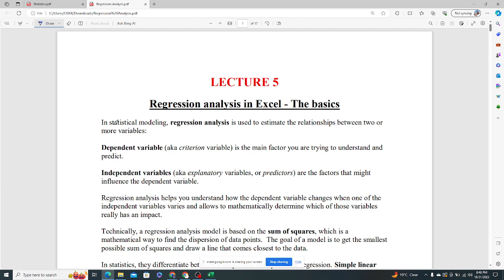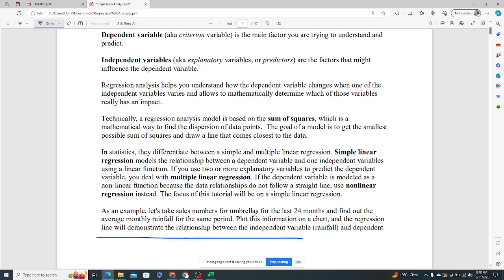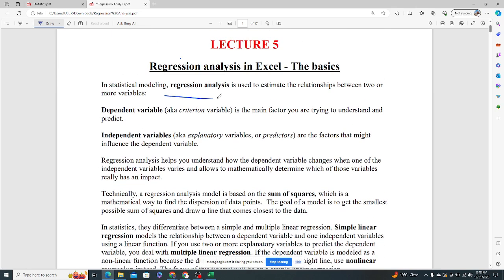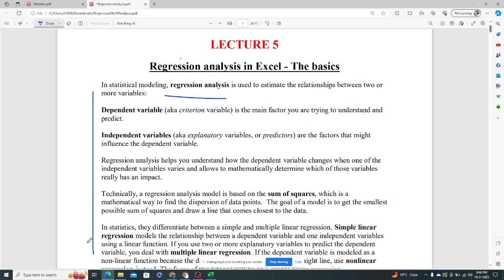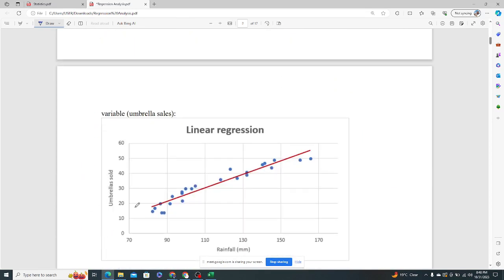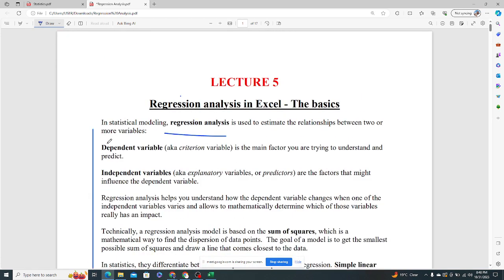So basically we had already discussed all this, that is variables under regression analysis, linear regression. We talked about even different types of linear regression. But maybe just to do a recap, we can go through this introduction before we start our practicals. All right. So basically, in statistical modeling, we know that regression analysis is used to estimate the